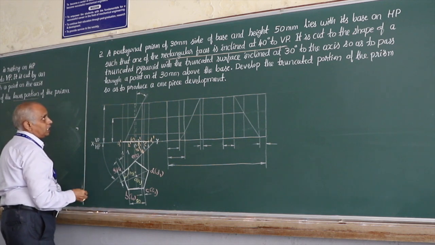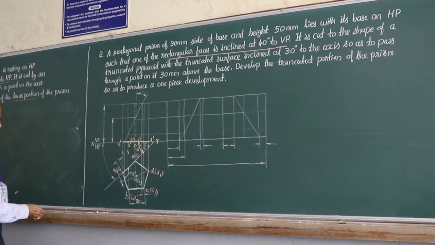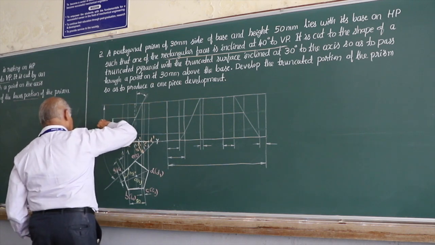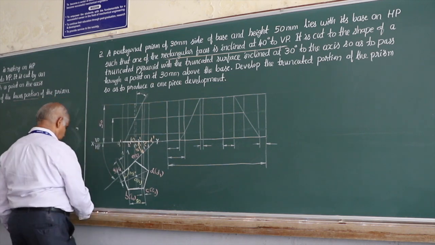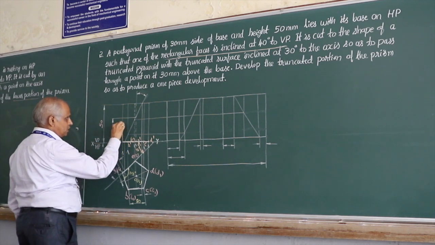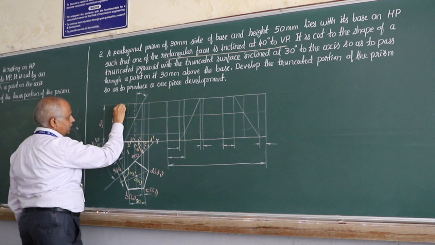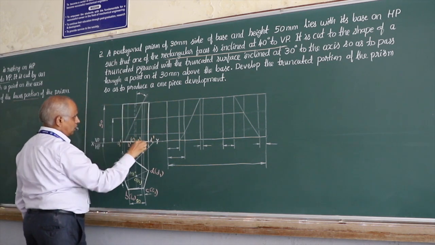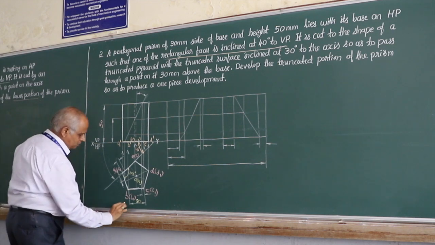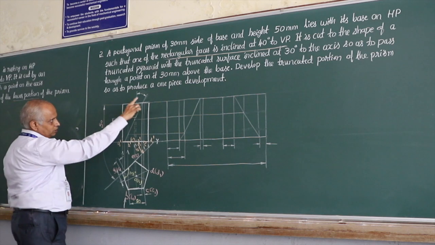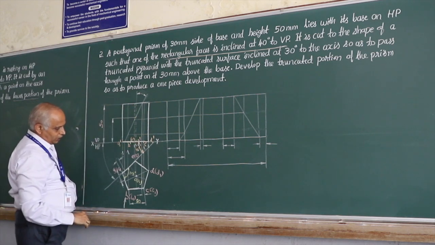Now take the vertical height. The vertical height of the prism is 50 millimeters. So take 50 millimeters. From A1 dash, a 50 millimeter line, write the boundaries. You know all these points at the top face now. Draw this. Now when you look from here, any view boundary lines always have to be visible. Therefore I directly made it a continuous line.